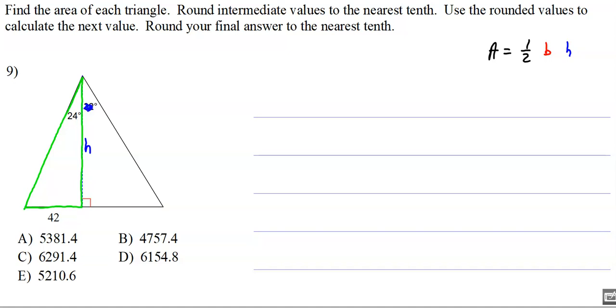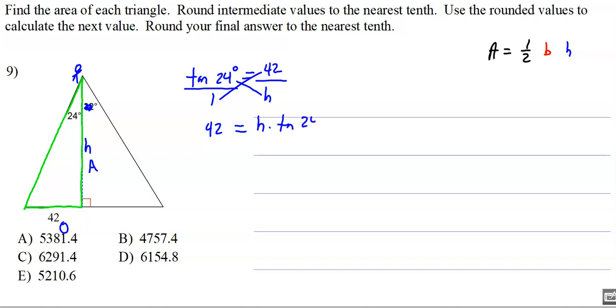So I'm going to ignore this for the moment. I'm going to put my guy here. And within the green triangle, I have opposite and I have adjacent. So I'm going to use the tangent of 24 degrees is opposite over adjacent. And I cross multiply and I get 42 cross multiply h tan 24, divide by tan 24. h equals 42 divided by the tangent of 24